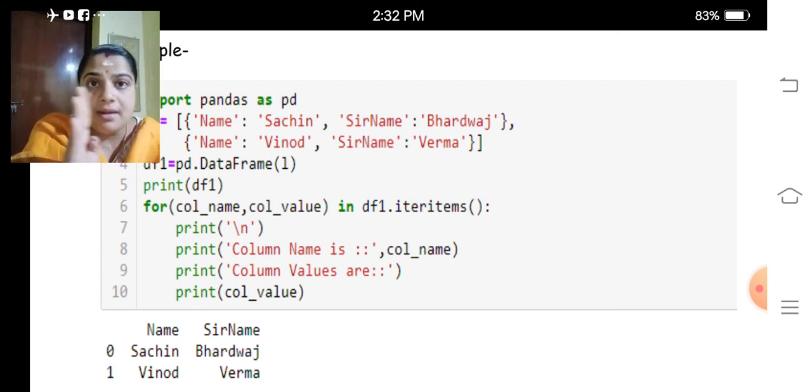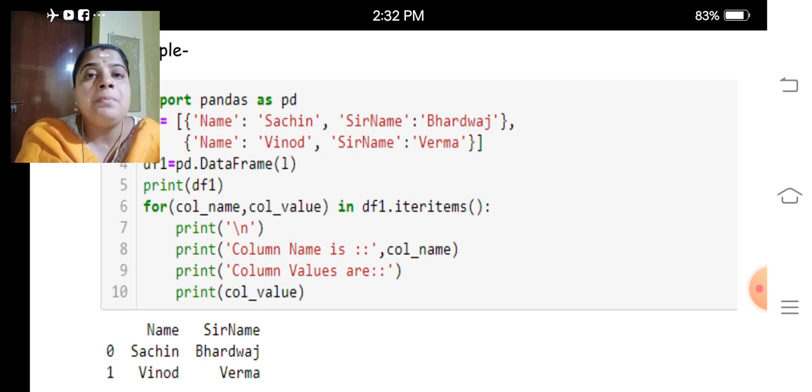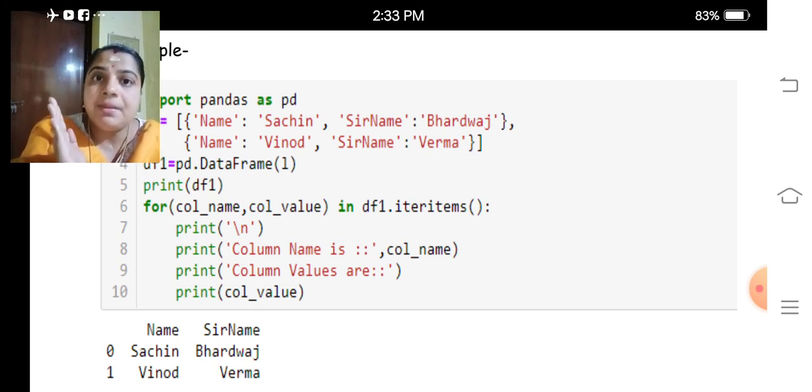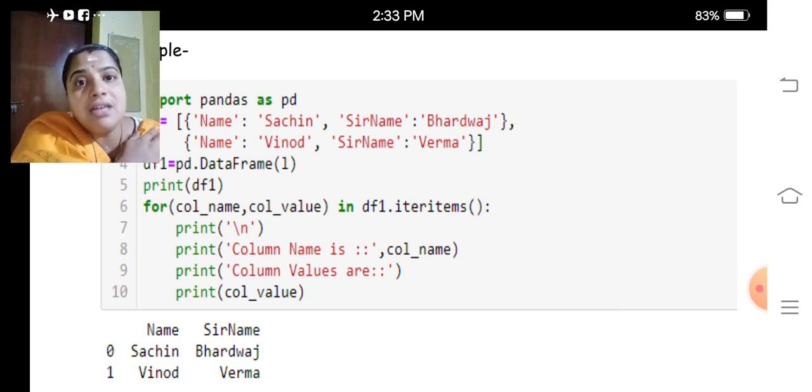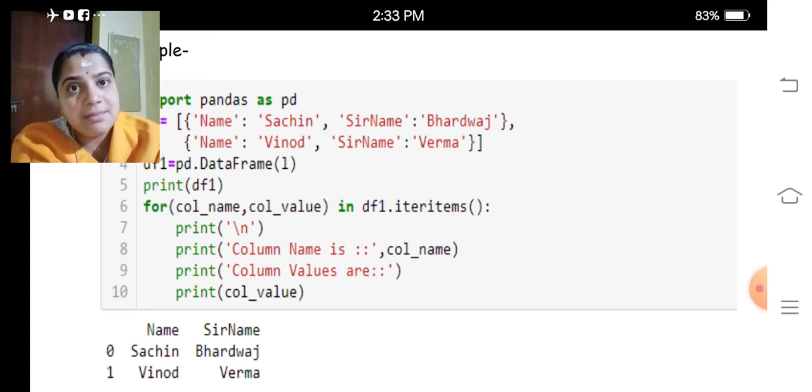The function used for horizontal accessing is iterrows, and iteritems is used for accessing data from the data frame column wise. I think you are all clear about how to use the two functions, iterrows and iteritems. Thank you.